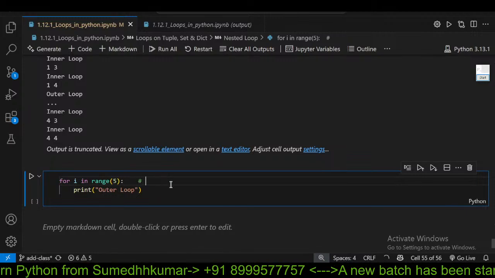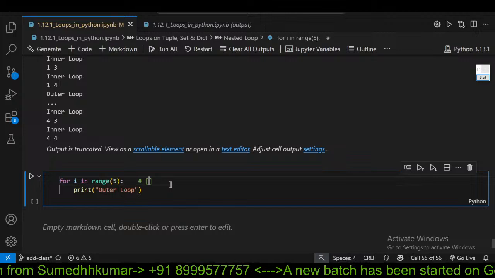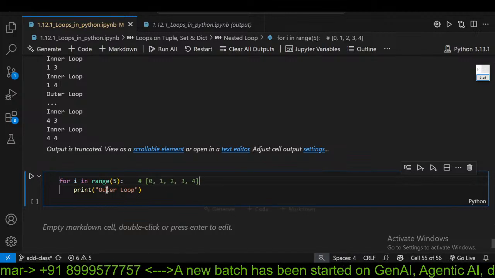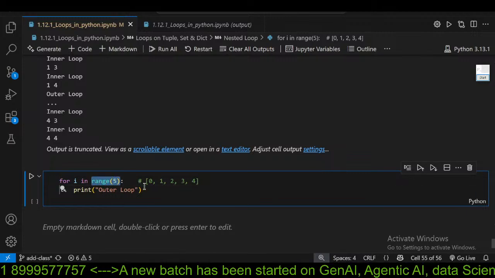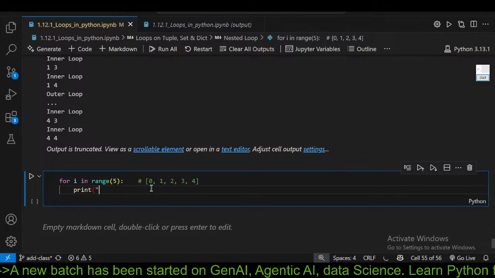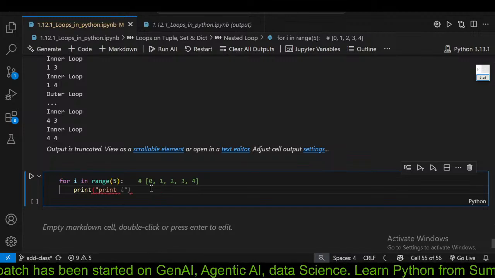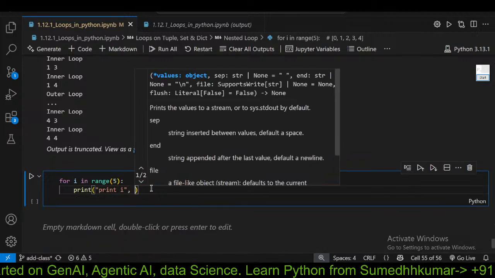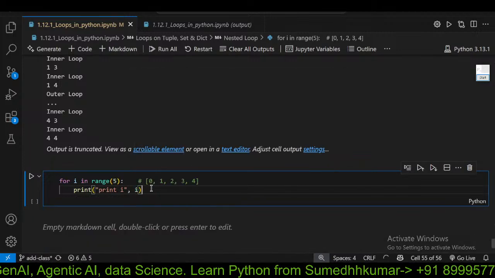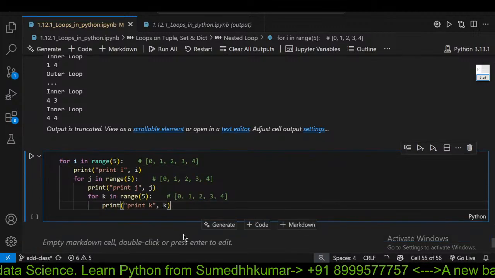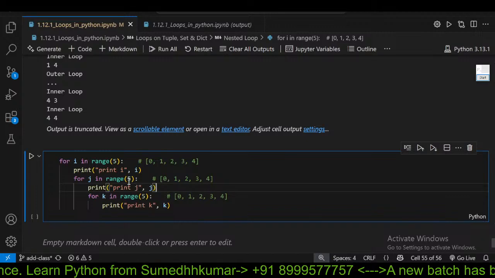जहां पर इसका आउटपुट कुछ इस तरीके से रहेगा, 0 1 2 3 4, इस रेंज 5 का ओनली। यहाँ पर what I will write is, I will write print i, comma, print i, comma i। तो यहाँ पर मैं क्या कह रहा हूँ।